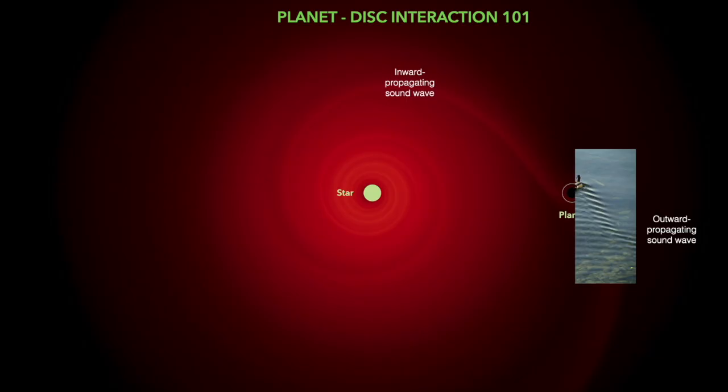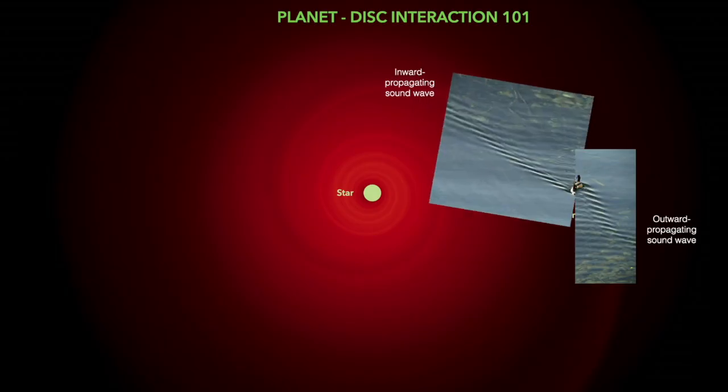Not water, but gas. Inside, the disks are differentially rotating. So the material outside the planet is orbiting slower, so the wake will go backwards. But inside the planet, the material is orbiting faster, so the wake will go forwards. So it's just like a duck, but like that.